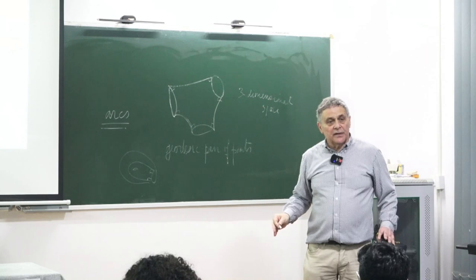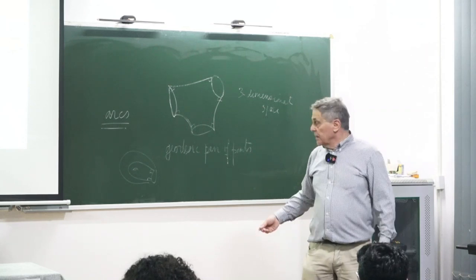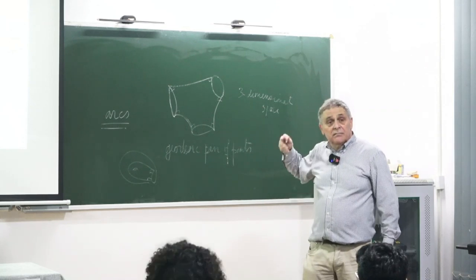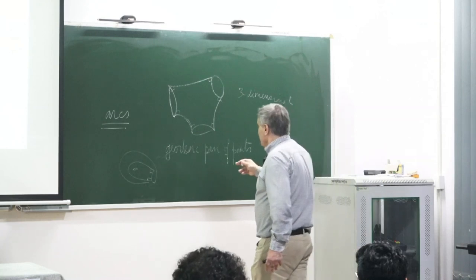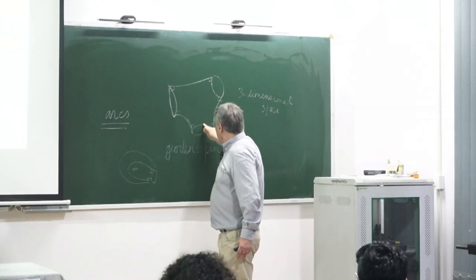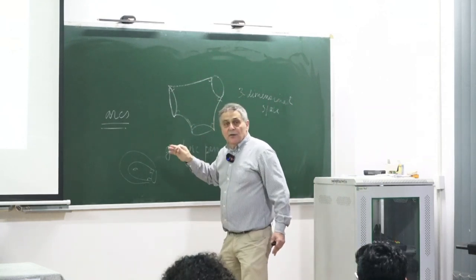And now I have everything. When I know the length of the simple closed geodesics, which are only these three, and the three arcs, I completely know the